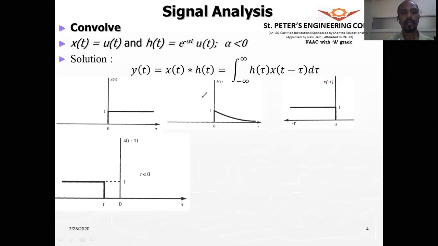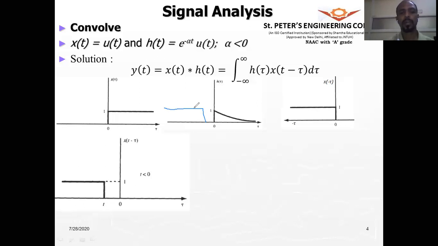All right. So when we overlap these two signals, we have to check where the region of overlap is, and that region is what we are going to integrate here. So that tau will get the new limits for integration. So now we have seen that when t takes a value less than 0, this is the h of tau. If I draw the x of t minus tau signal on this, this is my h of tau, and that is supposed to be the step signal. So let us say this is the point t, and what is the overlap between these two signals? There is no overlap.